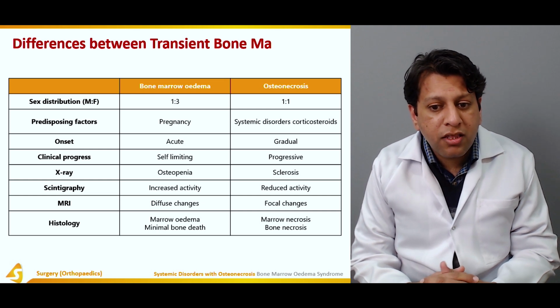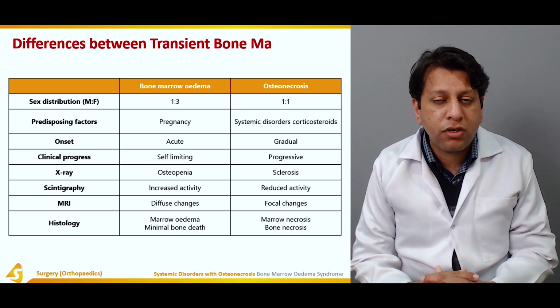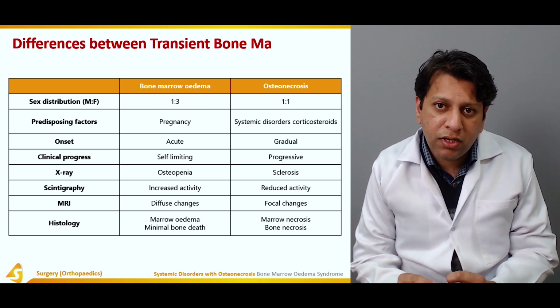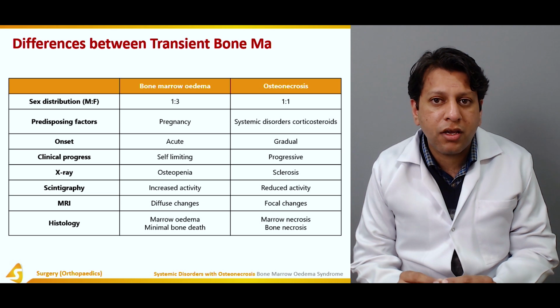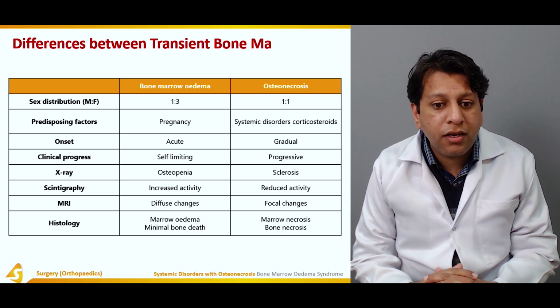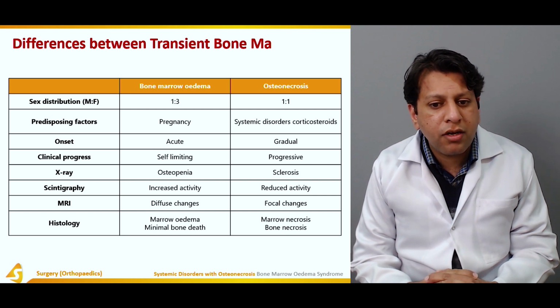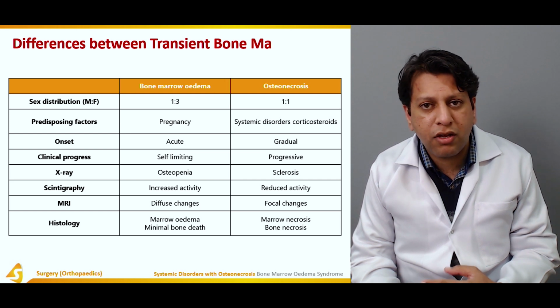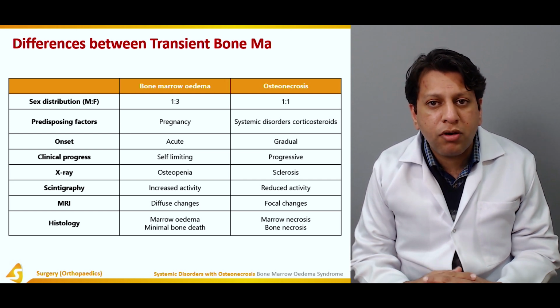In case of an MRI, there may be diffuse changes in bone marrow edema, but in osteonecrosis there will definitely be sequestrum and involucrum. There will be a nidus present in case of osteonecrosis. And in histology of bone marrow edema, there will be minimal bone death. But if you see that bone on the slide where osteonecrosis has acted, probably all the bone would have